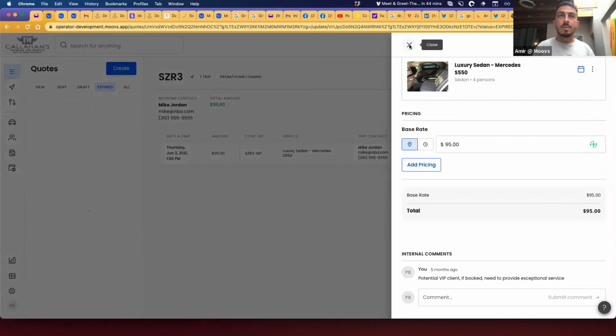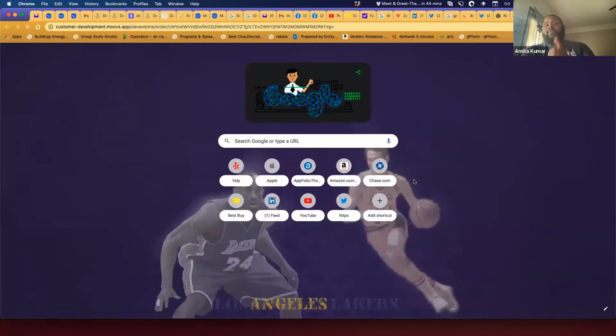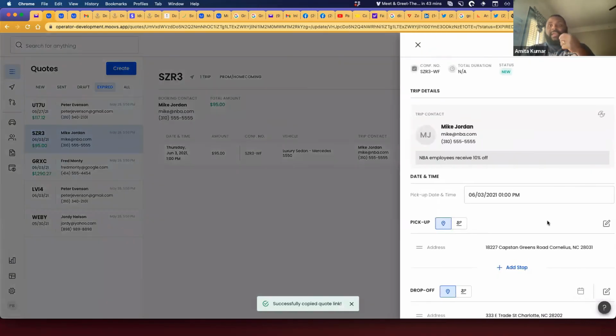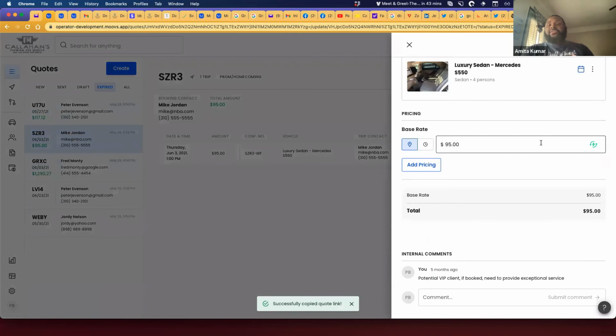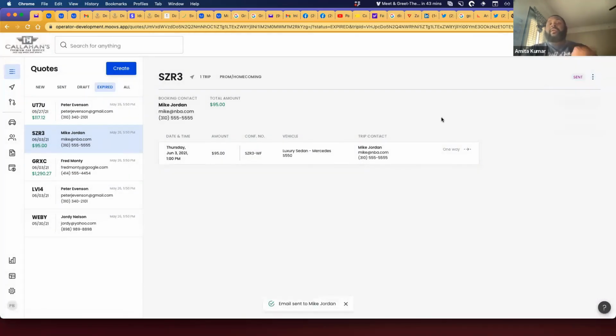If a client puts in a quote on their end, and it's an airport quote, but they don't put their flight information, just the actual airport and where they're going to, will the system automatically give them my zone pricing, or will it do it per mile?